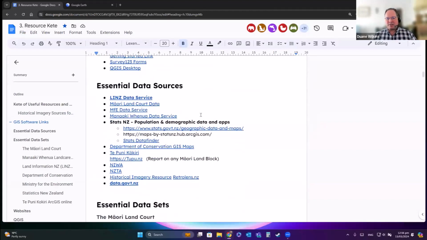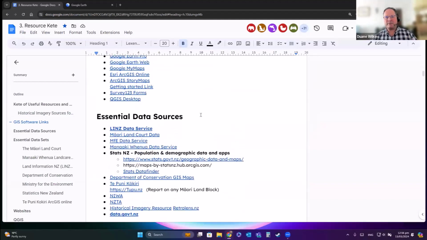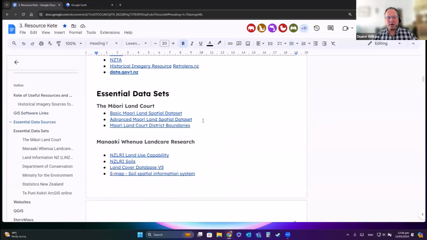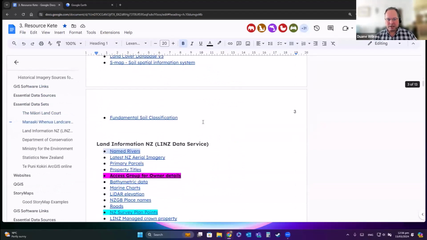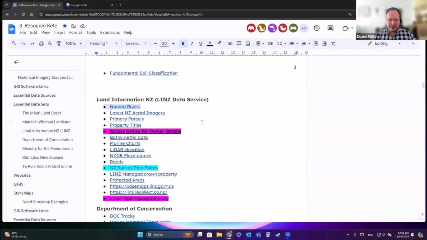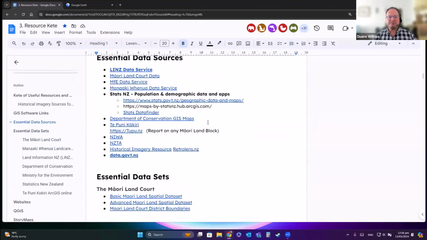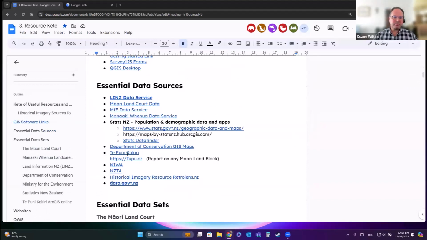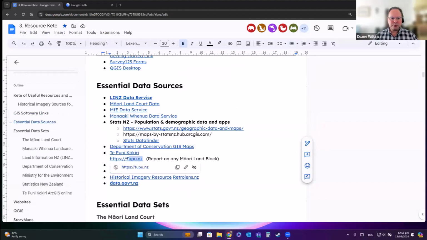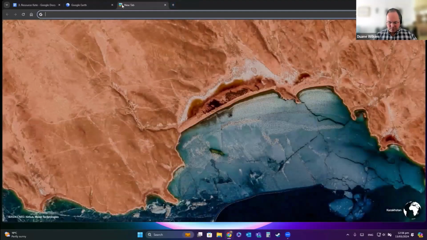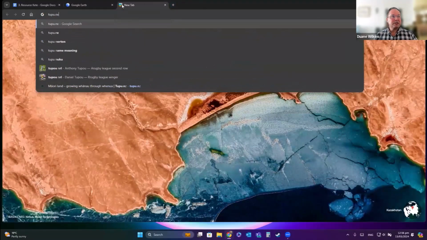Now, there are a few places that I think I want to just highlight for you. One of those is to get a detailed report on a land block, for example. So if we come to this one here, Te Puna Kōkiri, come to tupu.nz. It's the nice short name. If we come in here and we just type in tupu.nz,